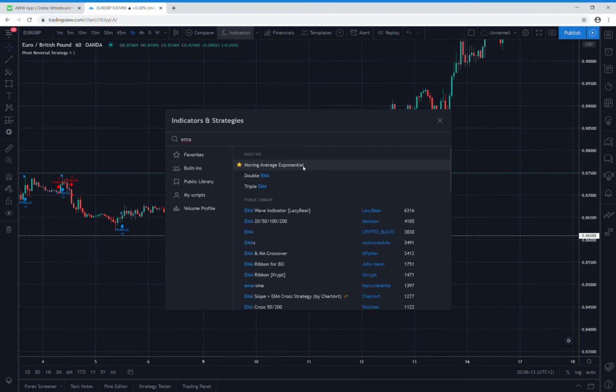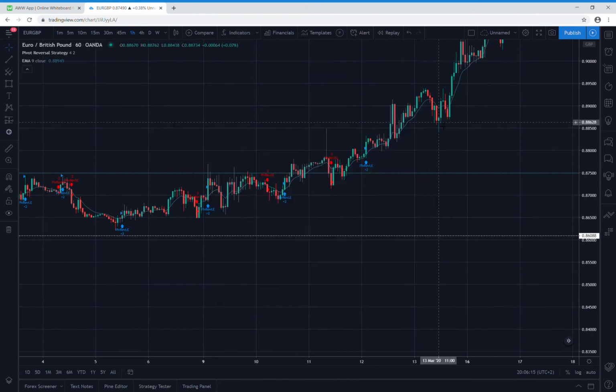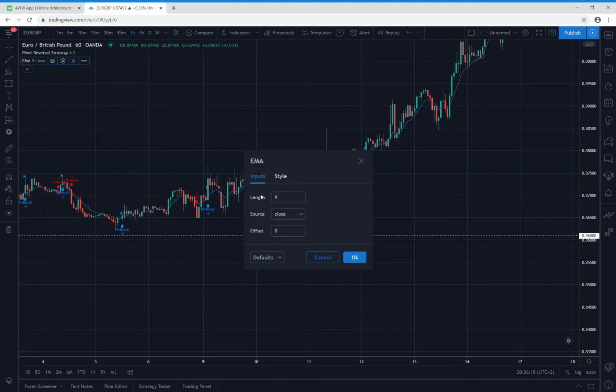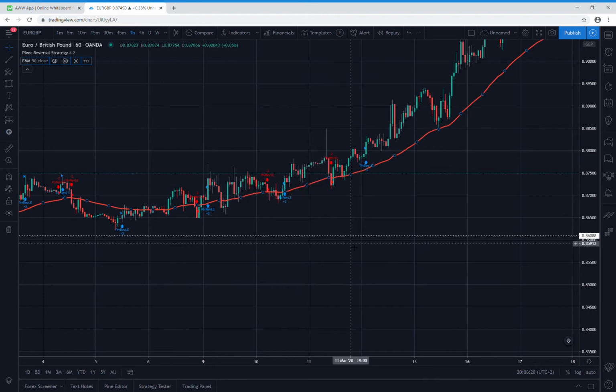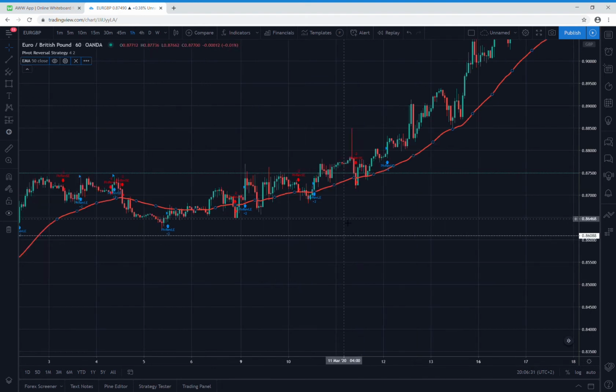I'm going to use the exponential moving average. I'm going to just adjust it. I need a 50 moving average, and let's put it red. I want to see it really well. Let's put it a little bit thicker so that you guys can see it. Now you see, you can also combine those two